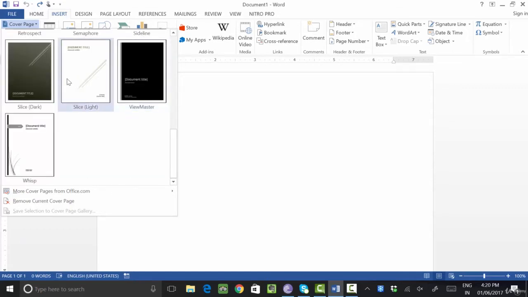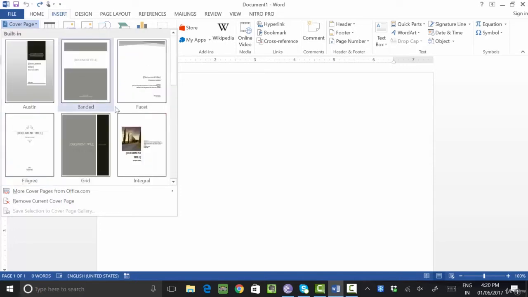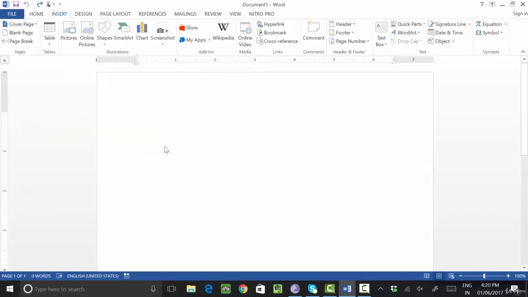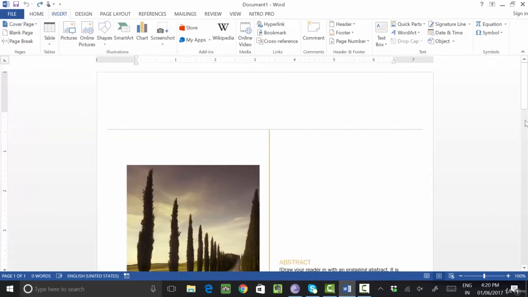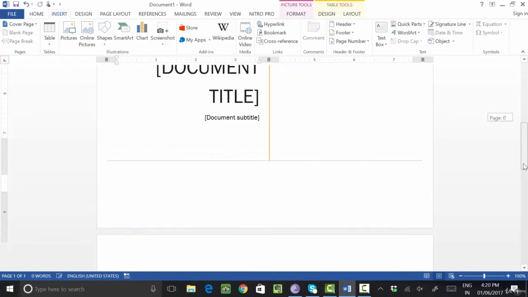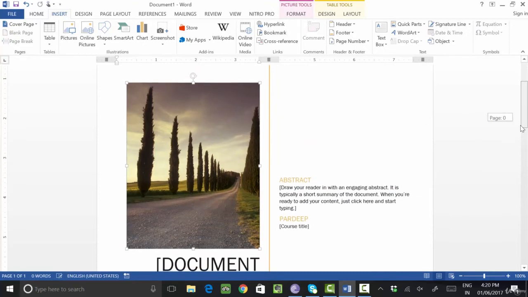You will see we have different types of cover page available right now. So let me take a template here, one that will cover the picture also. Let me select this template. You will see the complete template of a cover page is displayed here. For example, I want to design a template for my book of GEMS Learning Hub. So let me delete this picture.